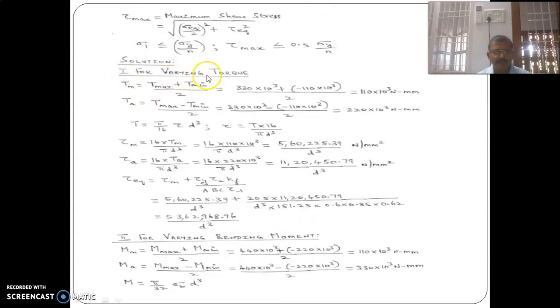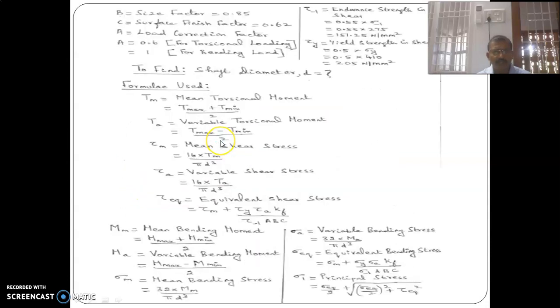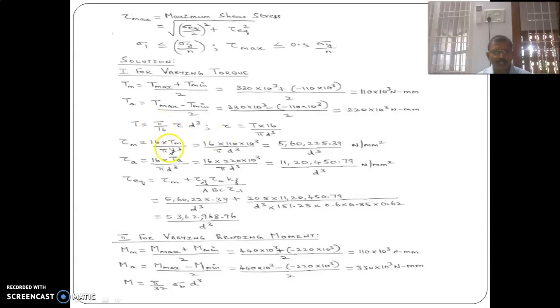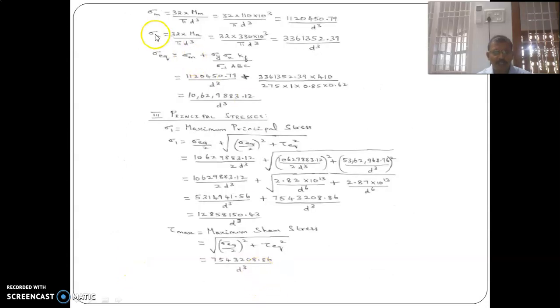For variable torque, Tm and Tv, the tau m and tau v values are calculated, and the tau equivalent value is calculated. For the variable bending moment, similar to this, the Mm and Mv values are calculated, and sigma m equal to sigma